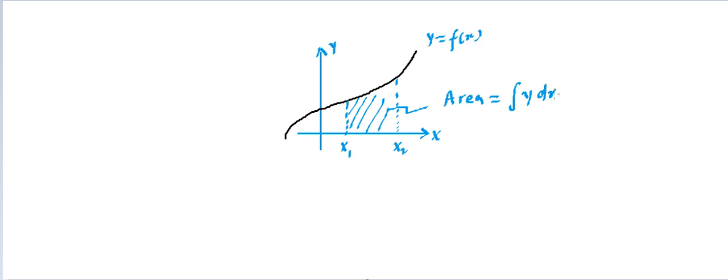Well, so we have just understood this point, that if y equal to f(x) graph is given to us, so this is y equal to f(x) graph, and if we need to find area which is, let's say, between x1 to x2, this area. So this area under the graph with the x-axis, this area which I'm shading over here, this area is expressed as area is equal to integration of y dx running from x1 to x2.